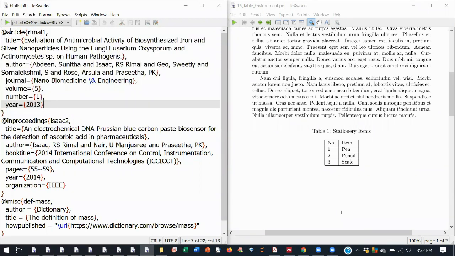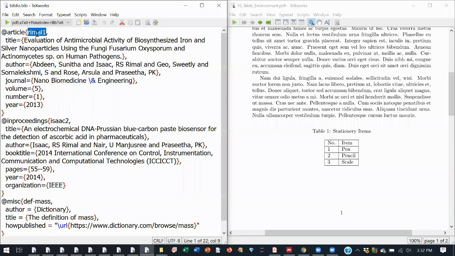In an article you should give a name to the article. That is for cross reference, like we see this labeling, right? With labeling you give a name to a particular float, whether it may be a table, an image, or a section. So this part is the labeling for this particular article. If you add another article, you can give it as Primal 2, or you can just give 1, 2, 3, 4. Okay, no problem.